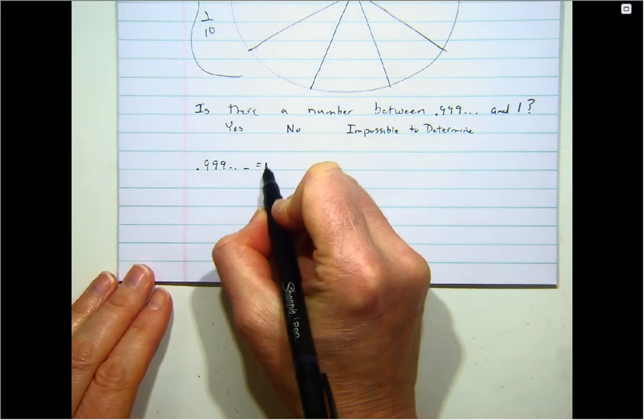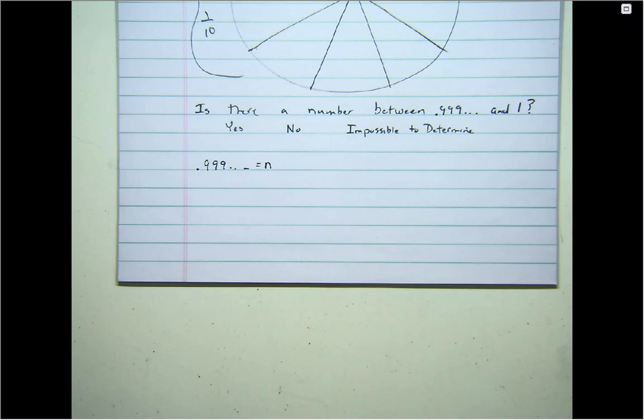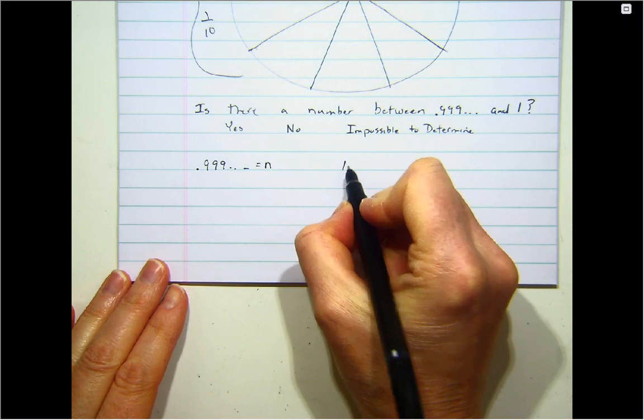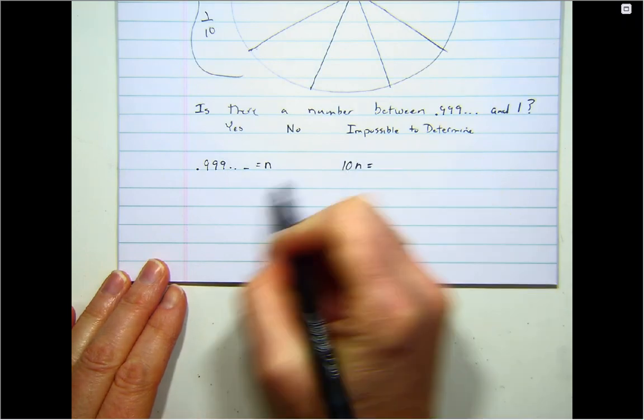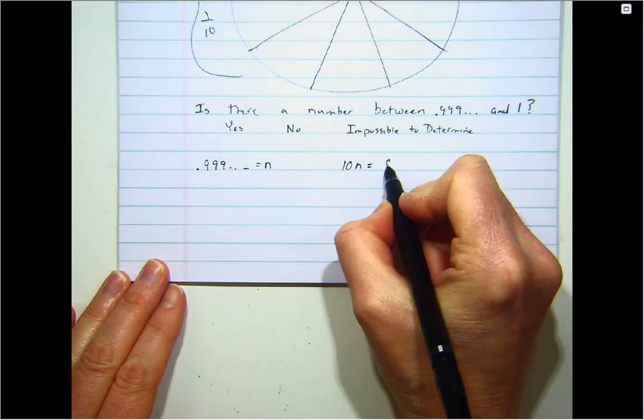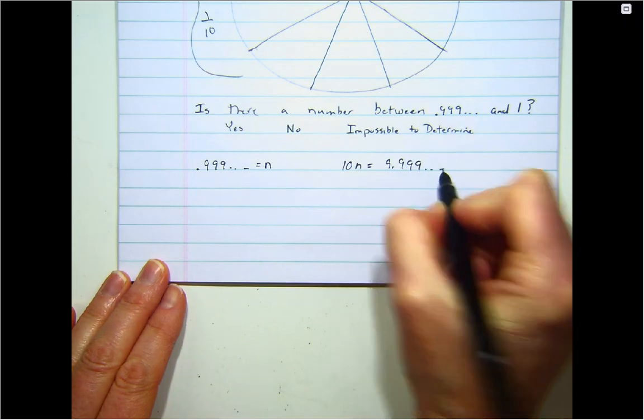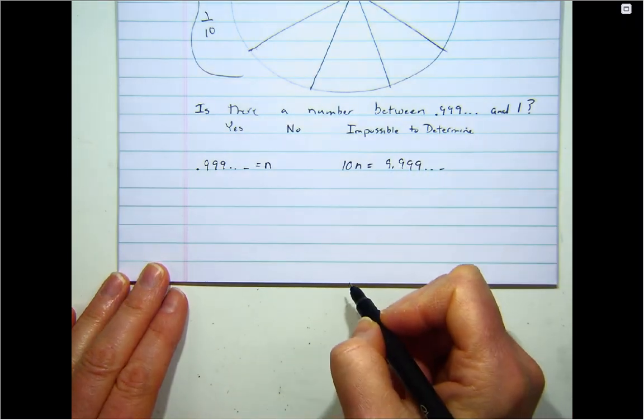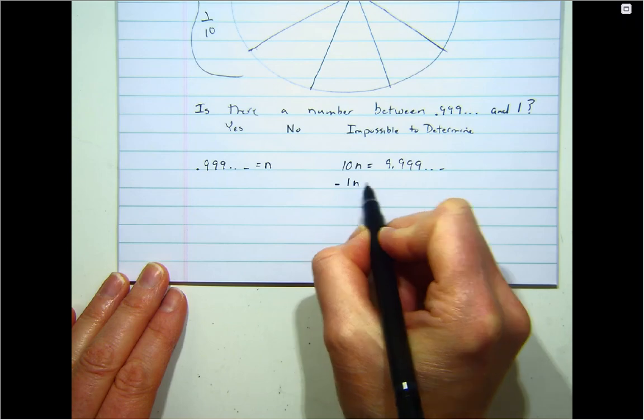So we name it n. We all know how to do this now from studying for the quiz. Then what do we multiply n times? 10. Yeah, one digit repeating, so multiply by 10. So the decimal place moves 1 to the right, 9.999 dot dot dot. And then we'll line up the 1n underneath it